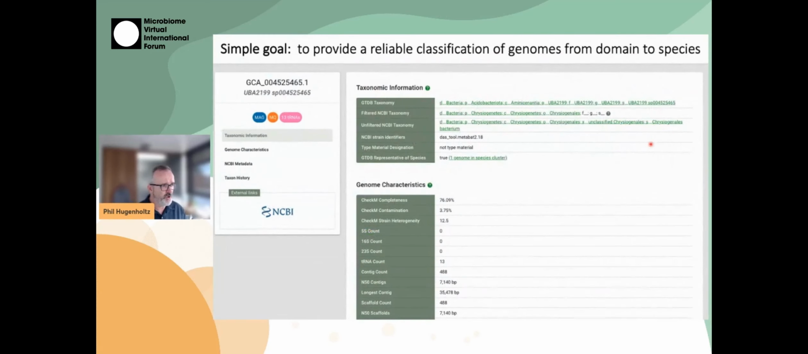So the simple goal of the GTDB is to provide a reliable classification of genomes from domain to species. So this is one of the main pages that you will find there. So every genome that's included in the database has a page like this, and it gives us information about what type of sequence it is, what we estimate the quality is, a whole bunch of genome characteristics that are either pulled from other resources such as NCBI or LPSN, or features that we calculate ourselves. But first and foremost, it provides this taxonomic string, and it's complete from domain to species,